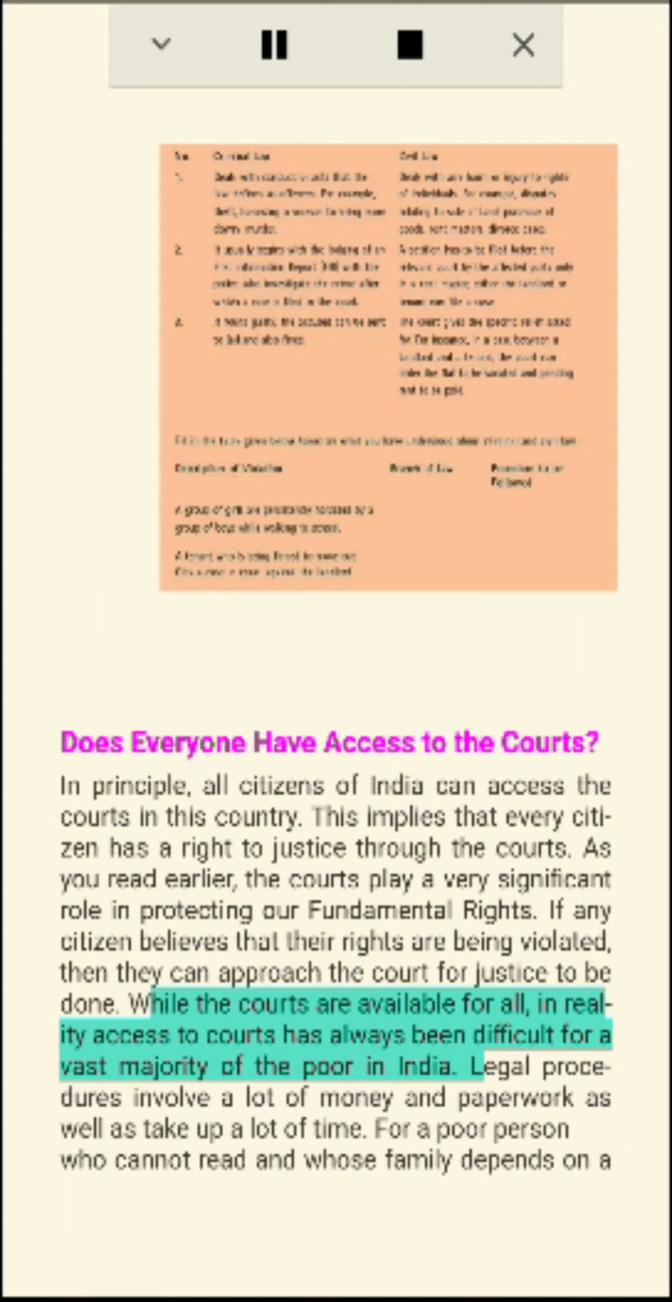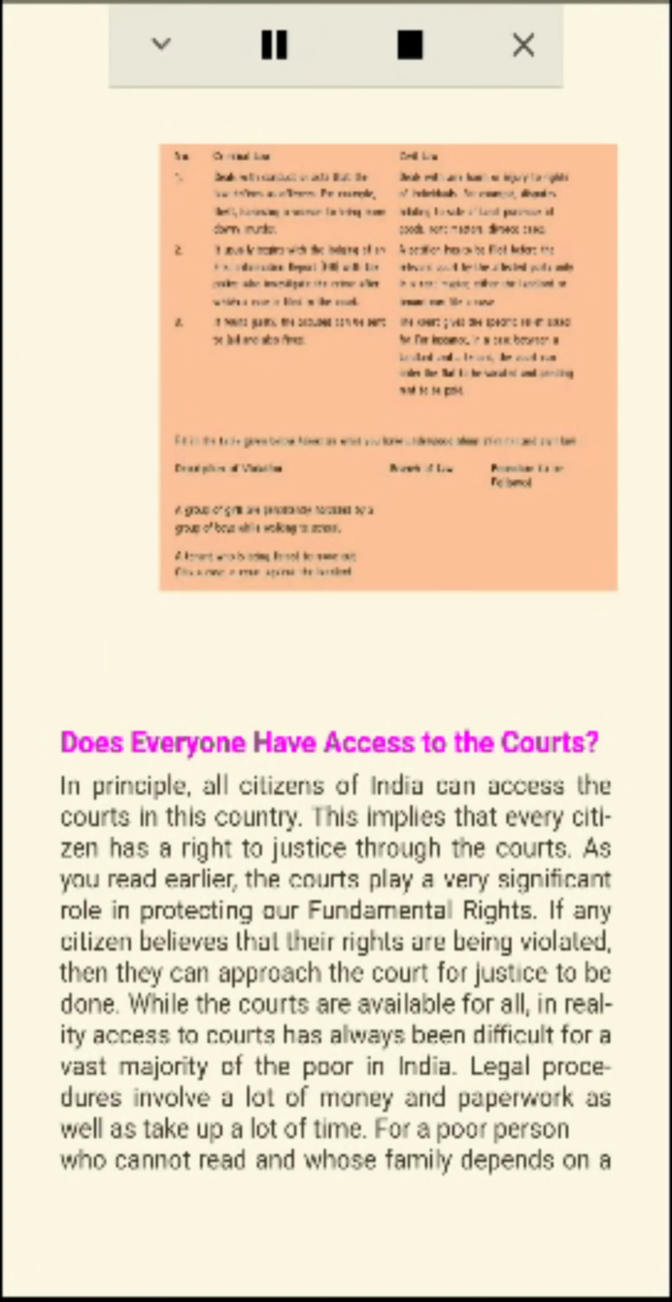While the courts are available for all, in reality access to courts has always been difficult for a vast majority of the poor in India. Legal procedures involve a lot of money and paperwork as well as take up a lot of time. For a poor person who cannot read and whose family depends on a daily wage, the idea of going to court to get justice